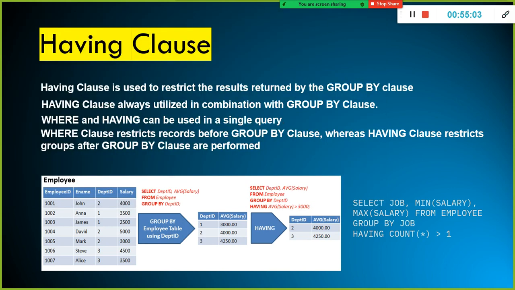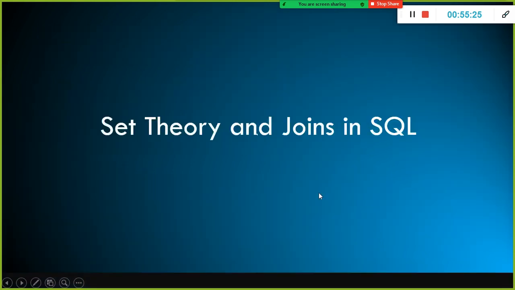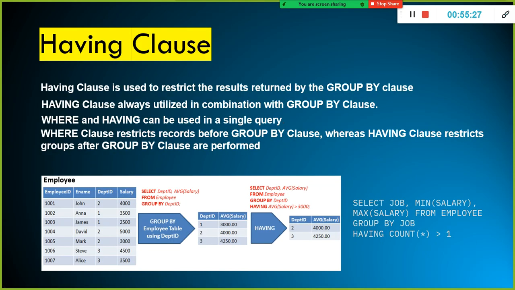Okay, you can write a filter condition, whichever condition you want to use to filter the data, you can specify it in the having clause. But the having clause condition, whatever you specify, will be applied on the grouped values. Okay, that is the difference between having clause and where clause.